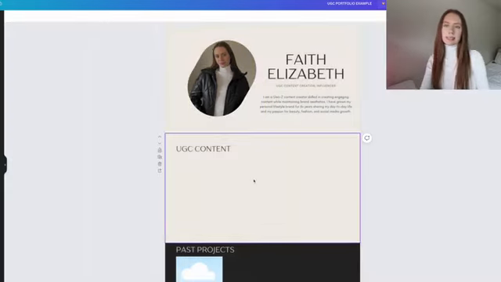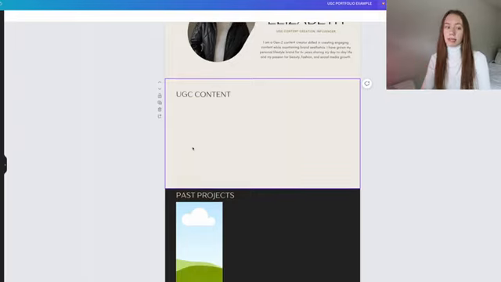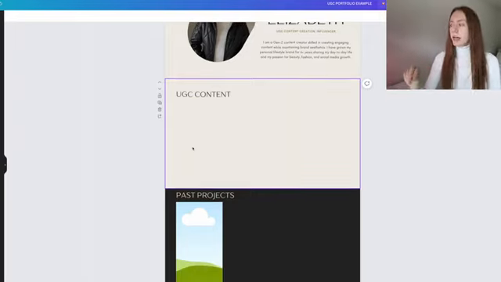Okay, down here is the second slide. This is for basically explaining what UGC content is. Again, you want to keep this short and sweet. People who are looking at your portfolio probably already know what UGC content is, but in case you're emailing a brand and you want to collab with them, and you want to distinguish yourself between being an influencer and a UGC creator, you kind of want to put a brief description about what UGC content